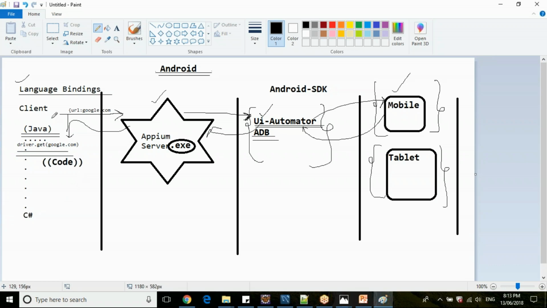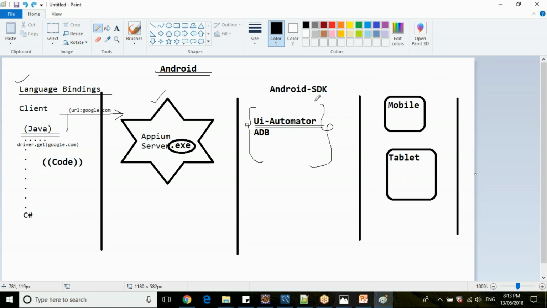Okay. Now I'll just repeat this one. When you get a client request to Appium, the Appium will ask UI Automator. UI Automator is one of the components in the Android SDK.